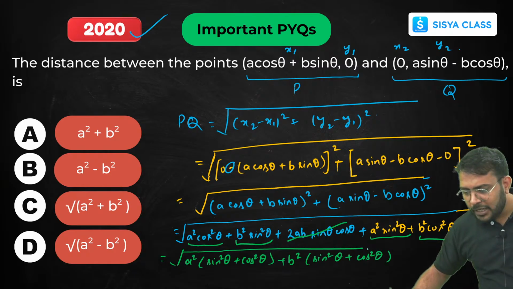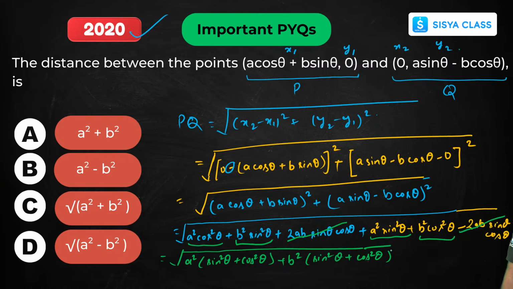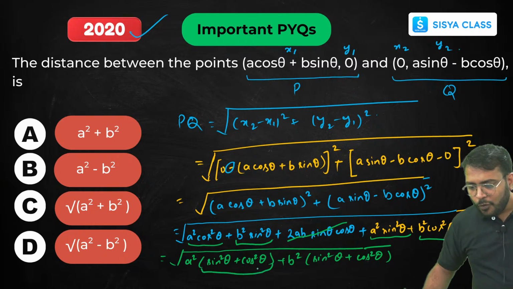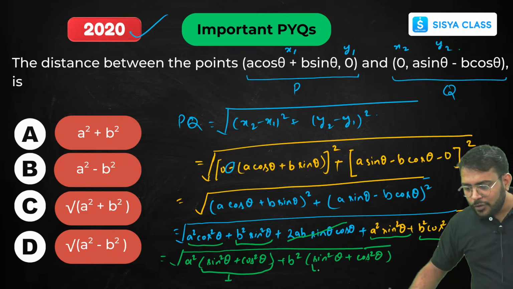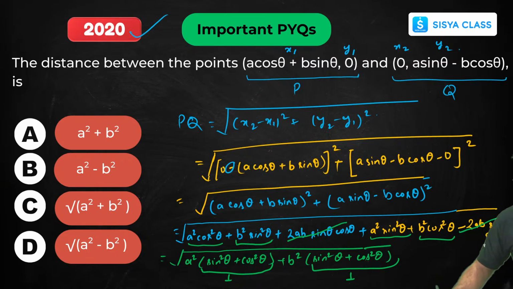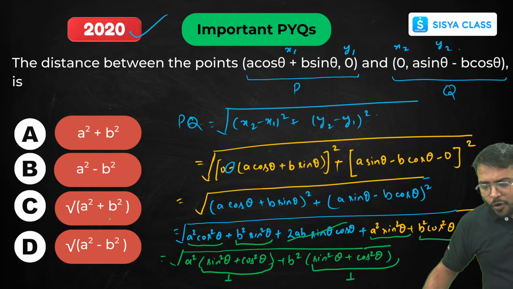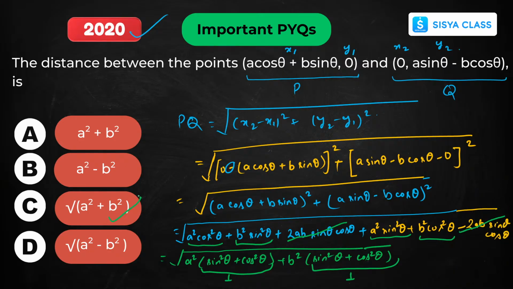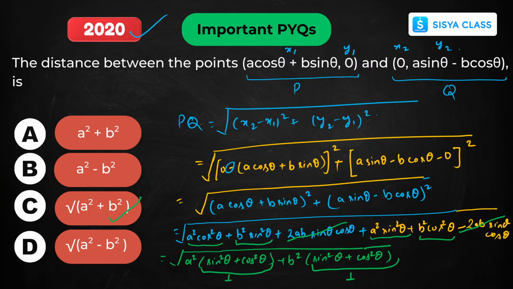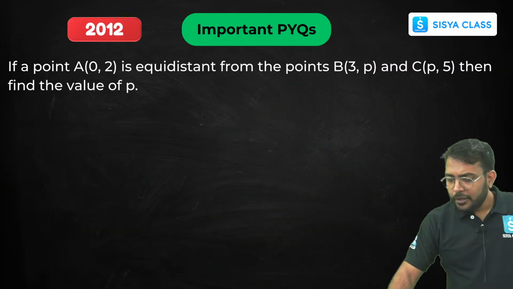और हमें पता है कि साइन स्क्वायर थीटा प्लस कॉस स्क्वायर थीटा 1 हो जाता है। तो इसकी वैल्यू 1 हो जाएगी, और इसकी भी वैल्यू 1 हो जाएगी। तो आपका आंसर आने वाला है अंडर रूट ऑफ ए स्क्वायर प्लस बी स्क्वायर। वेरी गुड, ओके, गुड, फाइन।